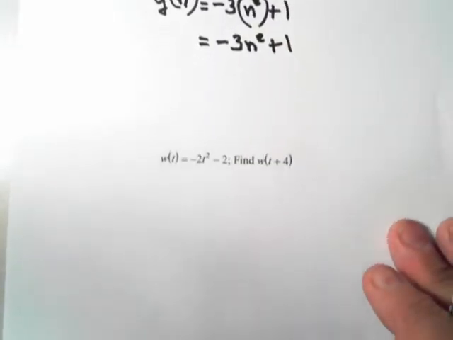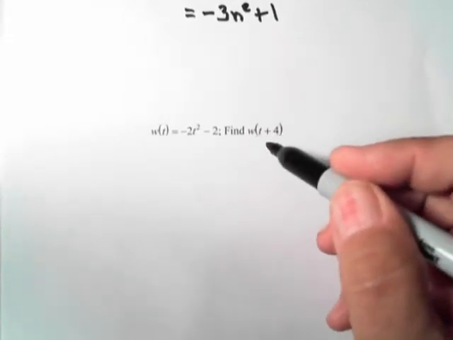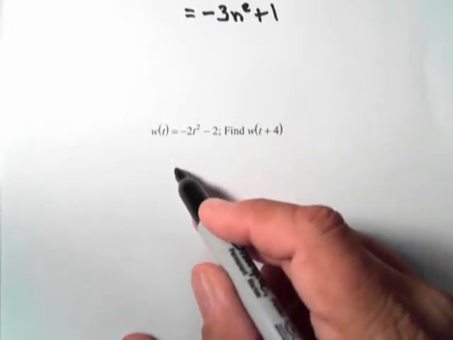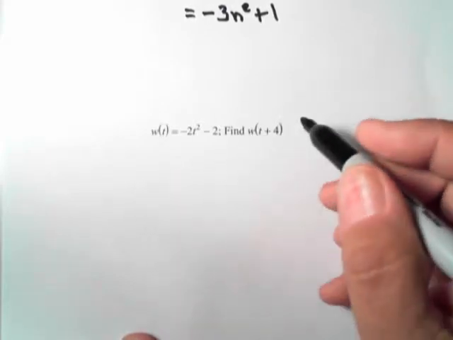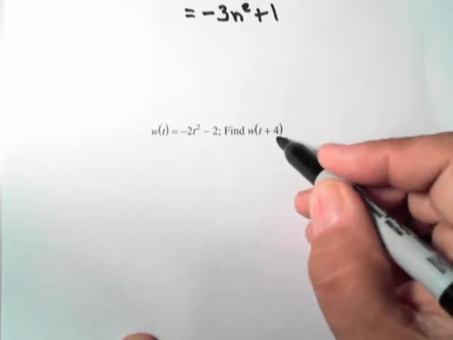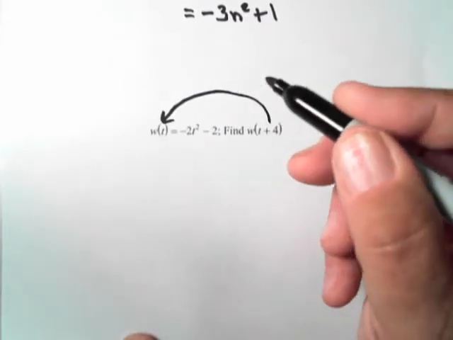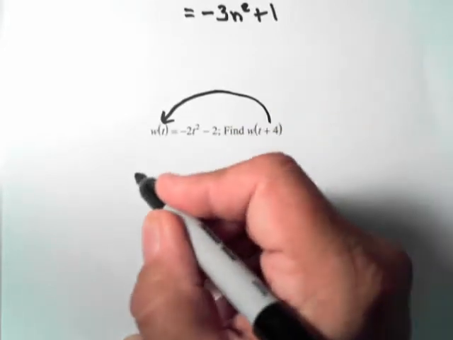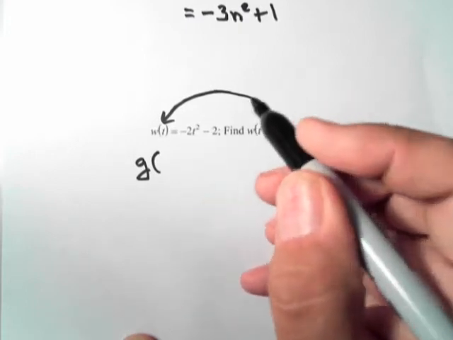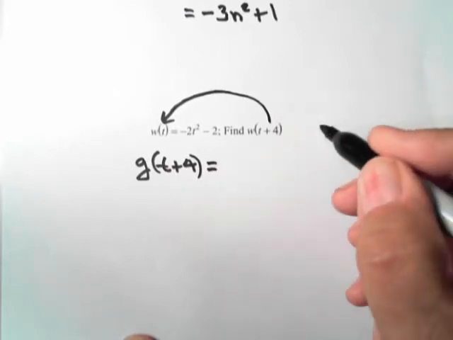Now, of course, what you substitute in doesn't have to be a single term. It can be a binomial or higher like this. And so in this last example, what we're saying here is we've got, let's see, g of t, and we want to find g of t plus 4. So what we're going to do is take this t plus 4 and replace it wherever we saw the initial t in the equation. So I'm going to have g of t plus 4, here we go, equals,